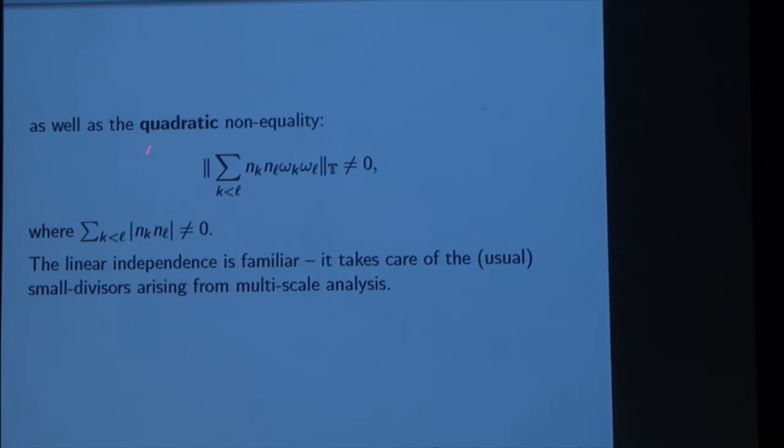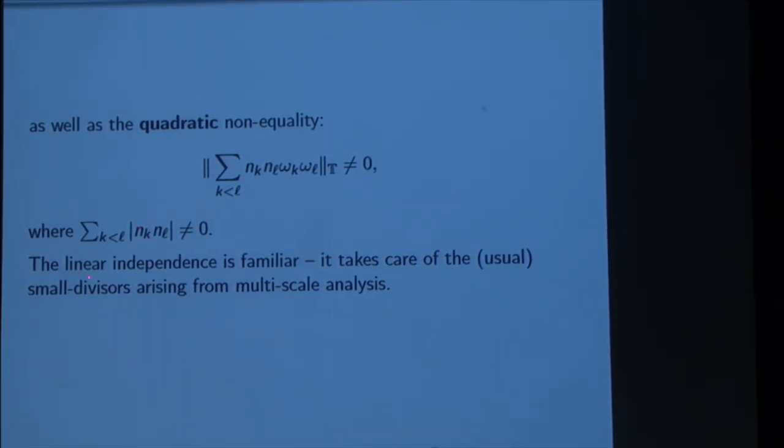As well as the quadratic non-equality. You just do some computations. This is a strict inequality. K cannot be equal to L. When K equals L, you have omega K squared, so I should use another letter, that's an integer. There is still some degeneracy left. It is under this condition that you are able to do variable reduction.